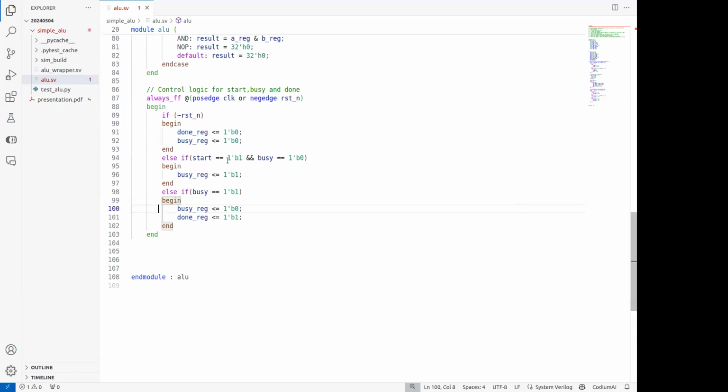If I start and it is not busy, I will turn on busy. For outputs, I don't want to take the registers, I will just take this. If it is not busy and the start signal is there, I want to set busy so that the next start won't come. Then if it is busy,